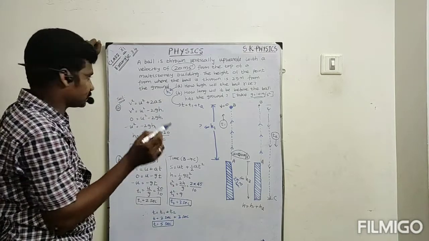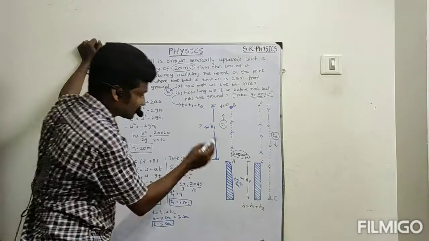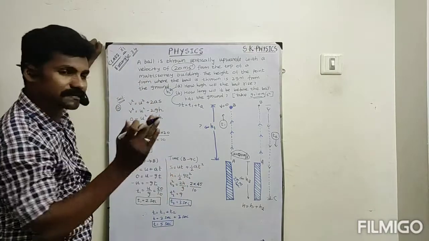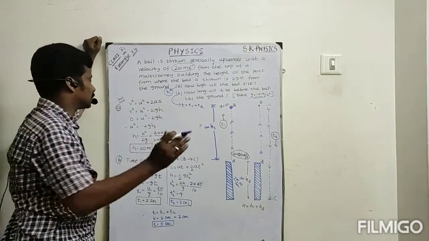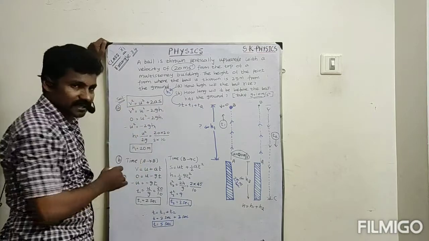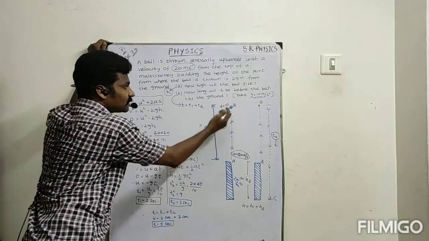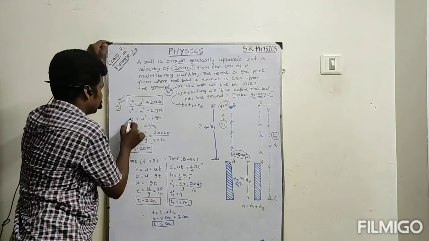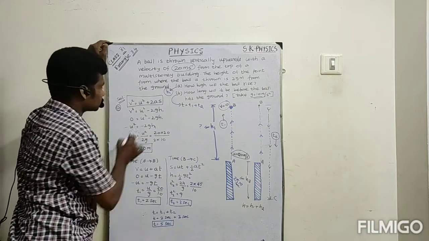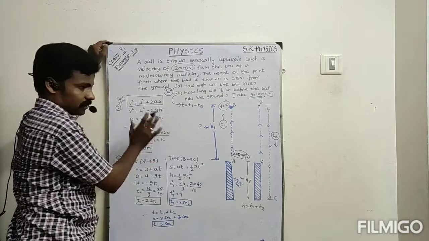Height is nothing but position, and velocity is given. So we know the relationship between velocity and position. Yes, of course, v squared is equal to u squared plus 2as. Yes, this is from the equations of motion. But the final velocity, what? V value is 0. Initial velocity is 20. Okay, first I simplify the equation.